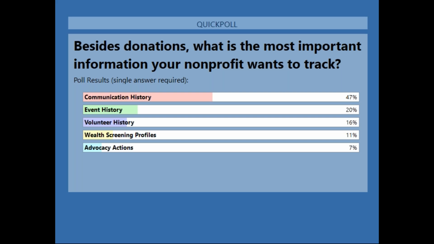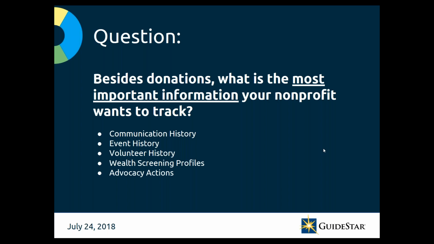But communications is not surprising. Communication information is a pretty important one. Event information is always important, but I can understand why communications is almost 50%. So I think that's pretty cool. Maybe not everyone's doing advocacy, so I can understand why that's small too. But communications are important, and it also might depend on what communications we're talking about, right? Is it email? Is it a physical meeting? Did I have a phone call? Where's all this live? And so a lot of times an integration is going to help when it comes to